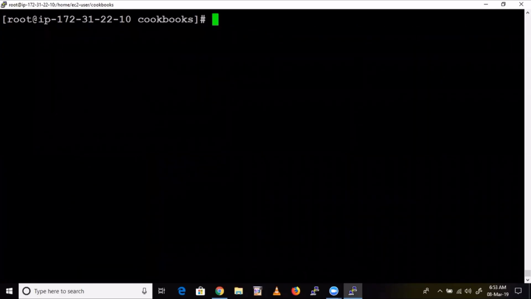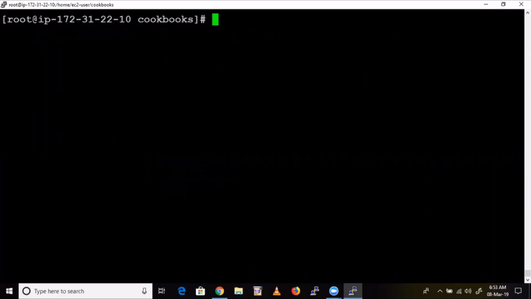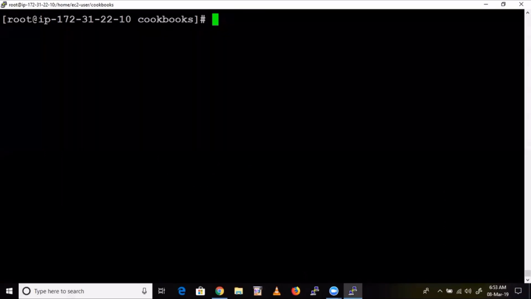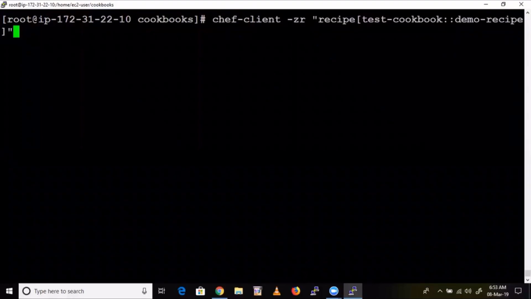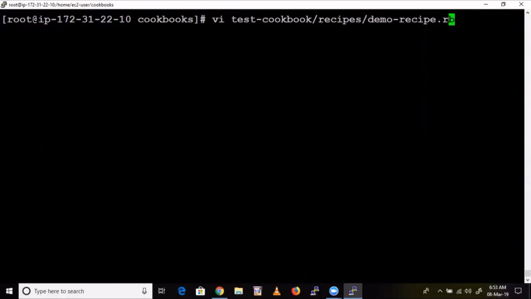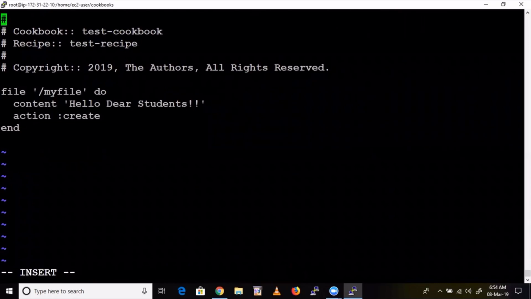Now, how to create a user? How to write code to create a user? I'll show this one, guys. From where will you get all this code? We'll get this code from the Chef website. All these things you can simply copy and paste. You need not write this code. So what we'll do? Let's open any file, any recipe. Let's open some other recipe. Demo. I think we have test recipes, right? Yeah, test recipes. Okay, fine.